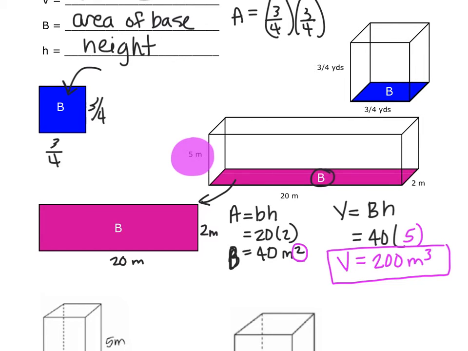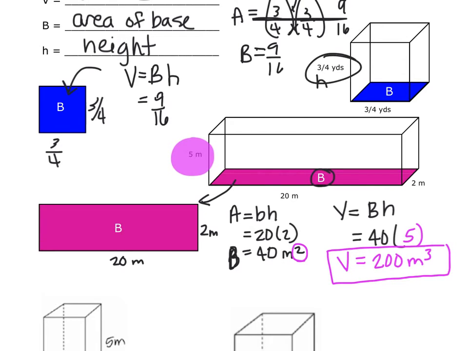All right, what we do is we're going to multiply across. So you know I like to extend my line there, and I like to put my multiplication signs there. 3 times 3 is 9, and then 4 times 4 is 16. So the area of my base, that capital B, is 9/16. So then I can do my formula. Volume equals area of the base times height, and I can get 9/16. And my height is 3/4